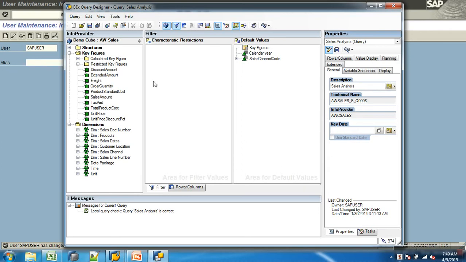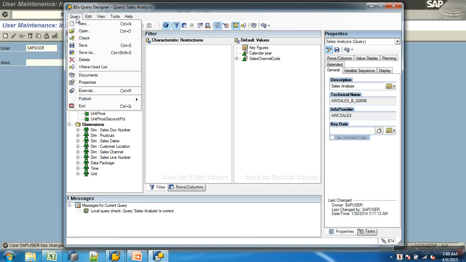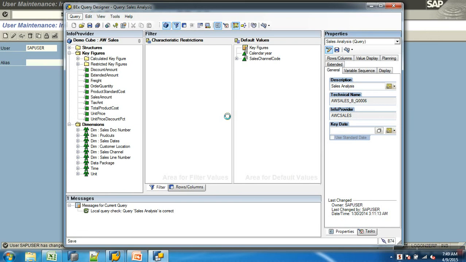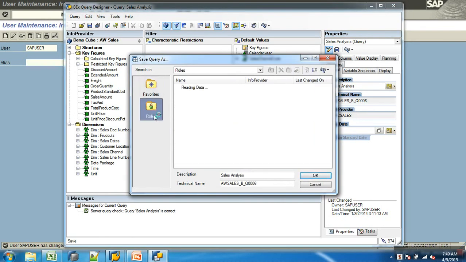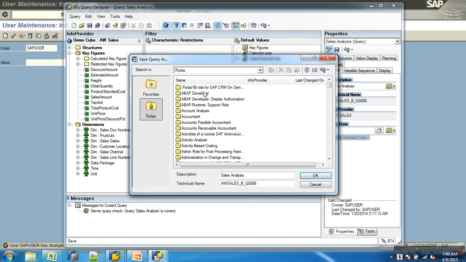So once you design a query, if you want to publish it to other users, what you do is say query, save as, and then you get what is called roles. Don't worry about those, I have many.